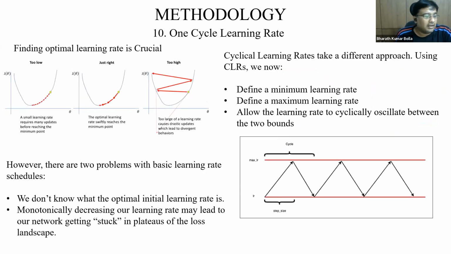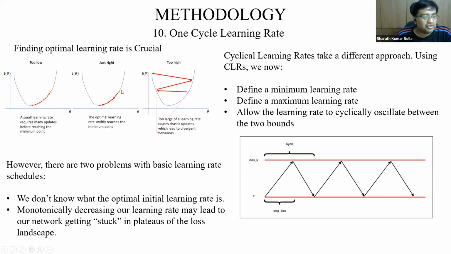And as I told you, learning rate is one of the important parameters, right? With a better learning rate, you can reach the optimum loss surface. If you have too low a learning rate, it takes a lot of time to train the model. If you have too high a learning rate, you would be oscillating on a high loss surface like this, and it is very tough to reach the lowest point of the loss curve. So the optimal learning rate is something we need to determine.